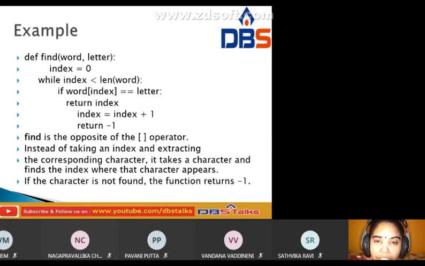Here mango is completed. After the last index, 4, we get 5 less than 5, the condition is false. At that time the character is not found and the function returns -1.